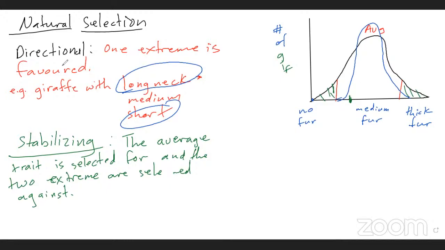With disruptive now, the average is selected against. In directional, one extreme is selected for. In stabilizing, none of the extremes. In disruptive, the two extremes are selected for. All right, so that was stabilizing. Let's do the final one now, which is disruptive. I want to tell you, all right, the two extremes